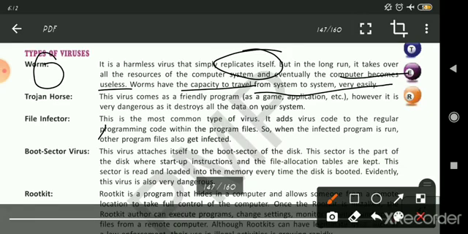But in the long run, if you see, it takes over all the resources of the computer. The main resources which are there in your computer, it takes all of them, and at once a time comes, your computer becomes useless because there is low data, low resources in your computer.